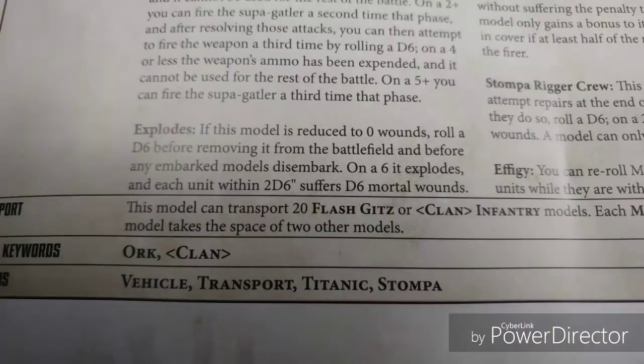Now, it can also be a transport. This model can transport 20 Flash Gitz or clan infantry models. Each mega armor or jump pack model takes the place of 2 other models. So 10 mega armors or 20 infantry. So being able to have him as a transport as well is actually kind of nice. Throwing 20 boys in there, or 19 and a warboss, or whatever have you,